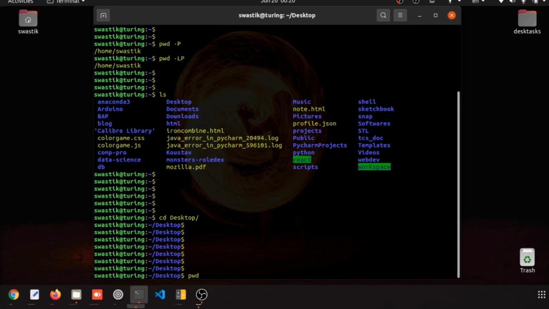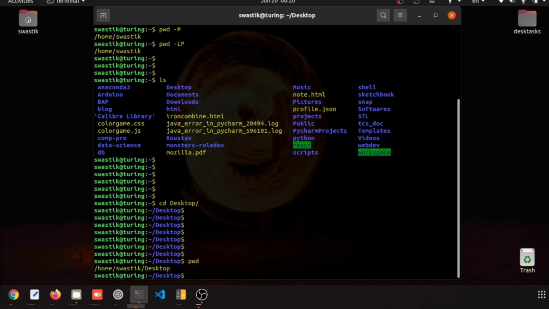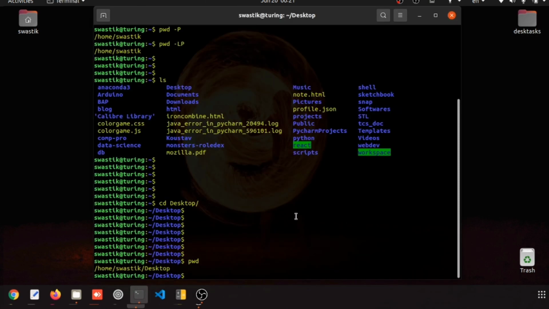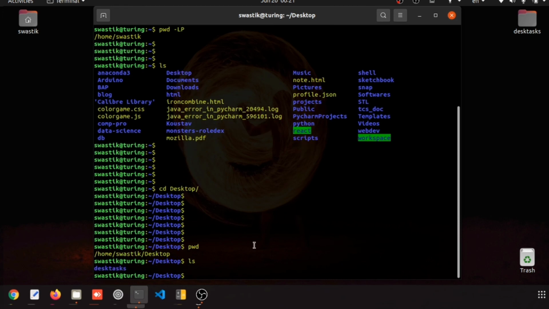Now if you check pwd, you see that you are in /home/swastik/desktop. Now if you want to list out what is available in your desktop, you can find this directory, right? So if you just list, you can find this desktop is available here. So it is a directory. You can also check that this is the desktop I am talking about. So by this you can use GUI, you can use CLI. So what we have learned: the pwd command, the ls command, the cd command, and we are currently standing in desktop.